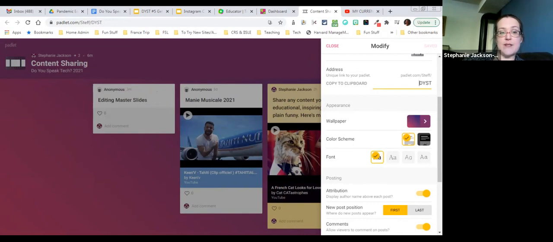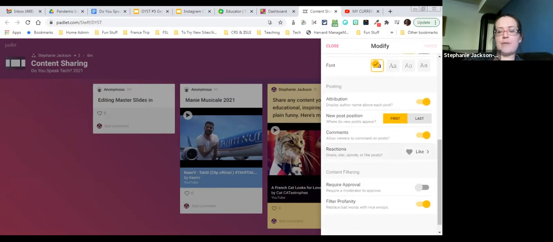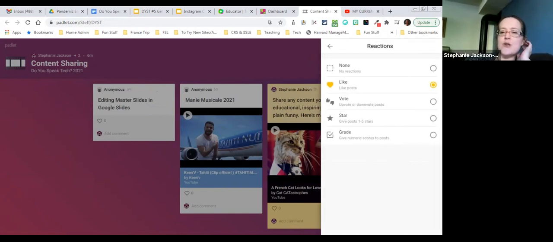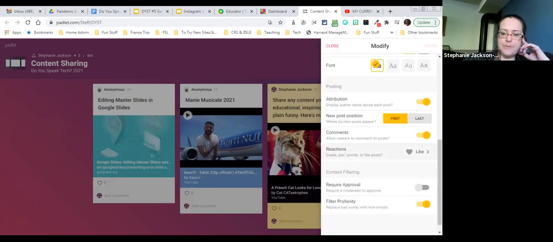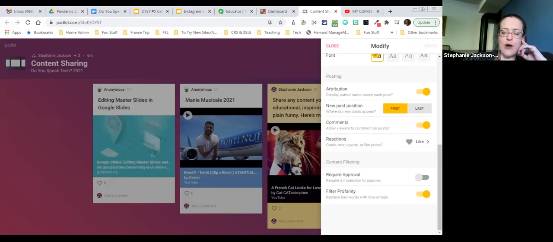I can even see here already that somebody's adding in a note. So that's awesome. Changing the color scheme. Now it's really cool that it mimics the social medias. We can add comments. And then you can choose a reaction. So you can only choose one, which is too bad if you want to actually grade the post. But I would suggest keeping Padlet not grading. So not putting that number of you got this much. One, because it's in front of everybody. And then two, because maybe keep this for more of that engaging, like star upvoting, liking, that kind of thing, that mimics more of the social media. And then if you've got kind of a naughty class, you can require approval and moderate things before they go up. So that's really cool.